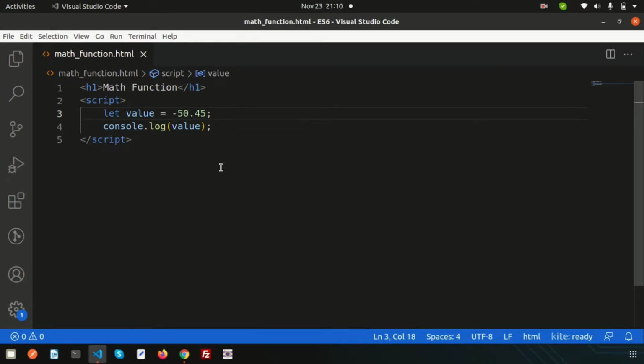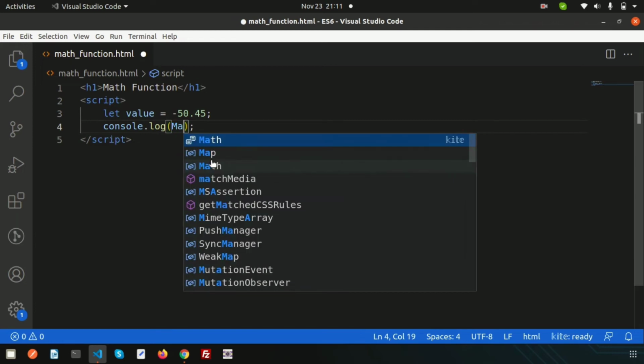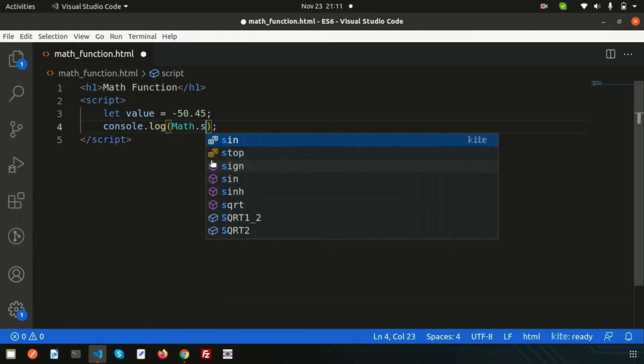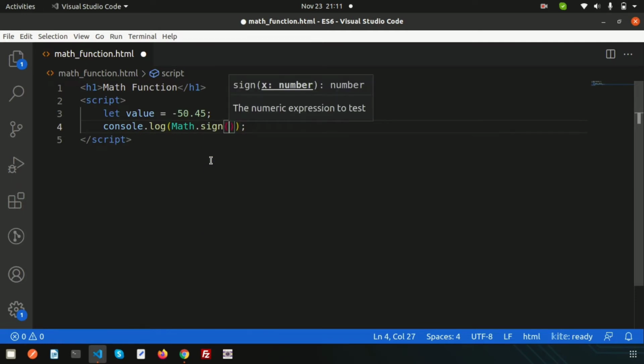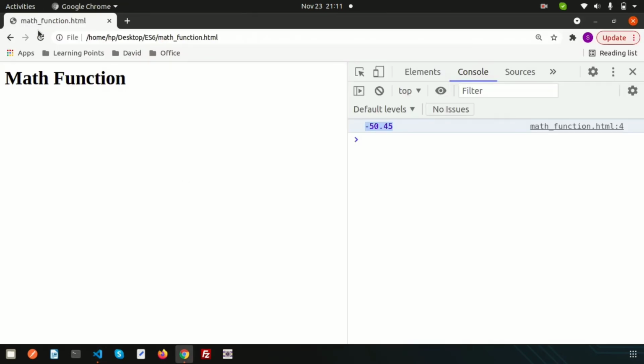Actually this was a much awaited function, right? We need to check whether the value is negative or positive. Sometimes when you write a logical condition, I don't want to allow a negative number, or I want only a positive number, then we can check it this way. So how can we do this? Simply we have a new function in Math. So write here Math.sign, and let's pass the value here and refresh.